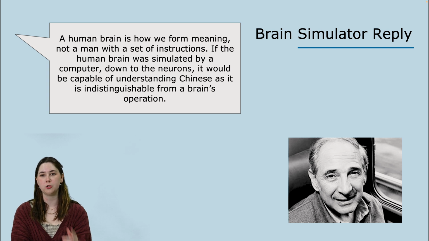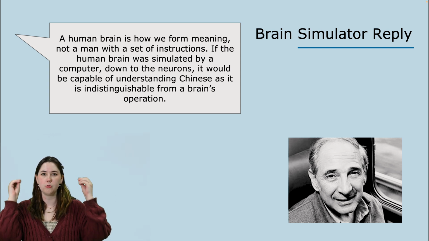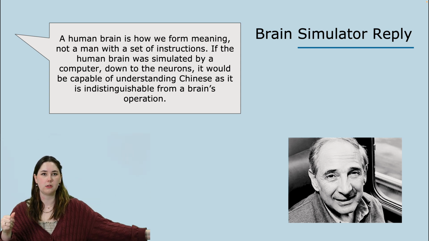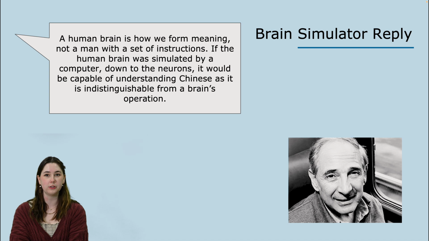So they're saying, you're right, John Searle, consciousness is more than just a book. It's more than these ordinary objects. But it's neurons. So if we're able to simulate those neurons, then why is that not capable of understanding? And if you think about how a neural network works, it's actually kind of an interesting thought, isn't it?